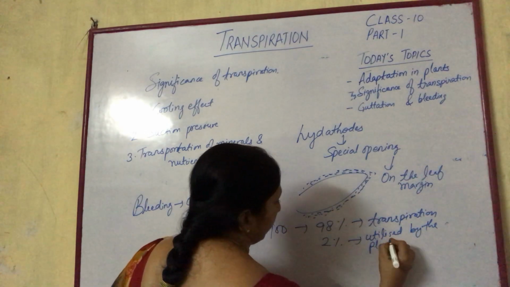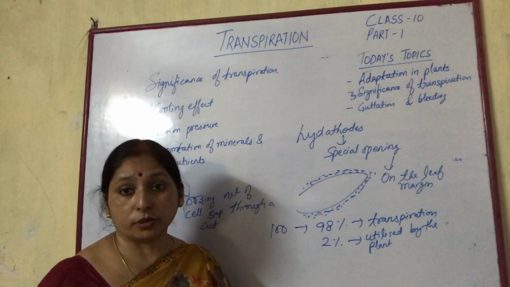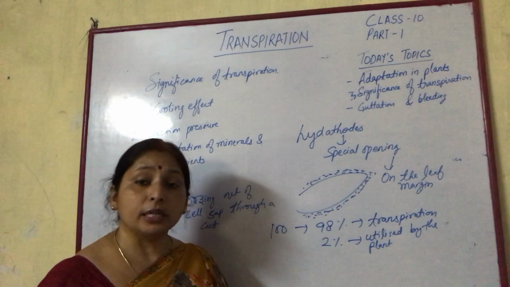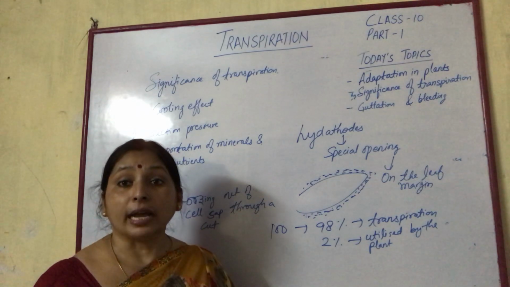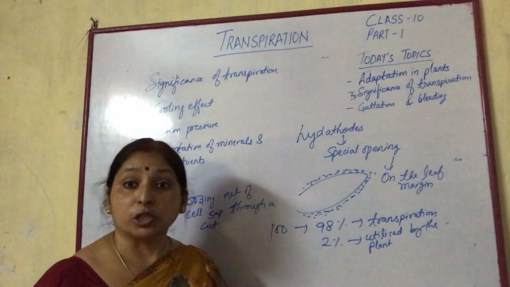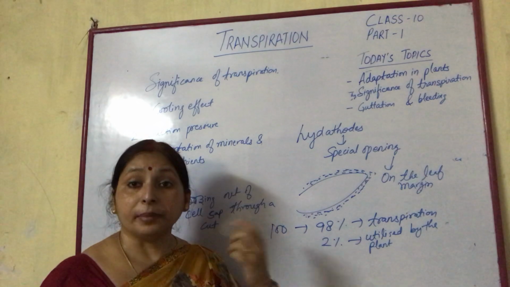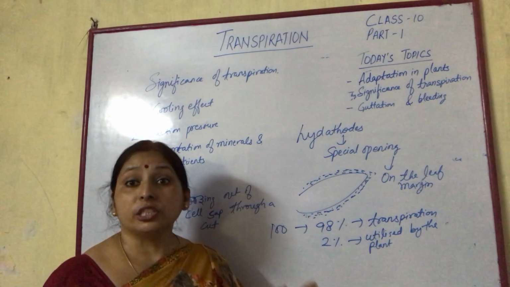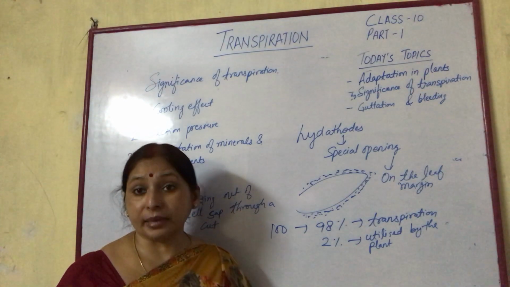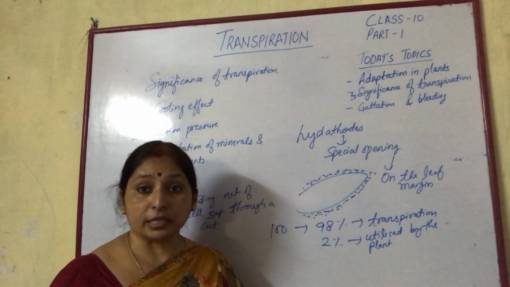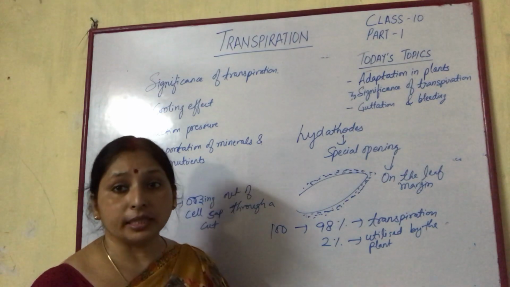For example, a sunflower loses almost half a liter of water in a day, while a maize plant loses about 2 to 3 liters of water per day, while in the case of apple trees, the loss of water is about 30 liters per day. So this loss of water in the climate results in a cooling effect in the climate, which brings rain. The question may be asked how rain or climatic change is affected by transpiration. So this loss of water gets deposited in the atmosphere or climate, resulting in rain.